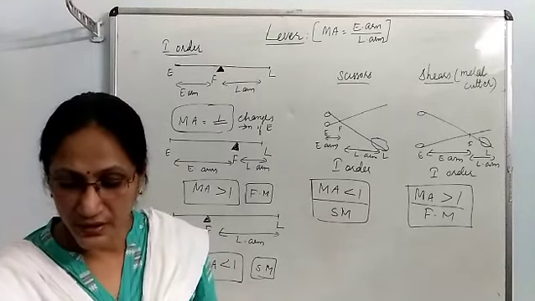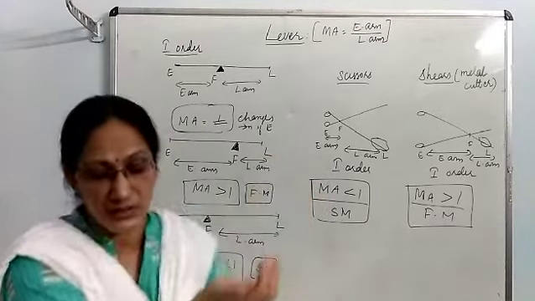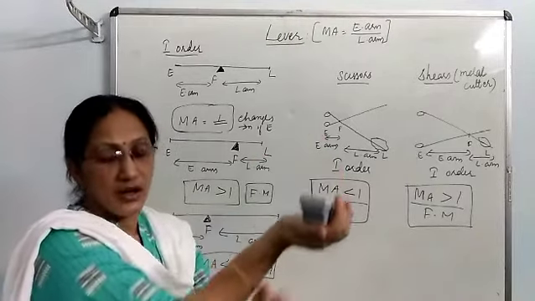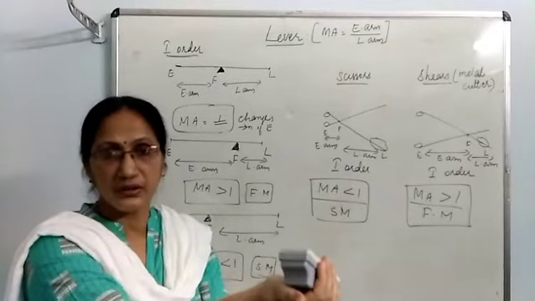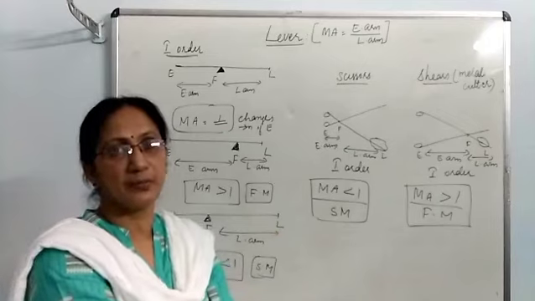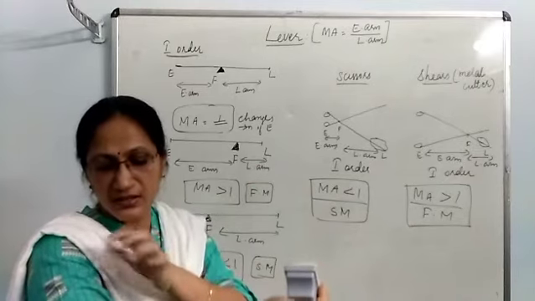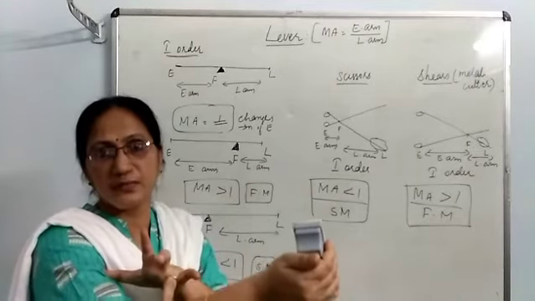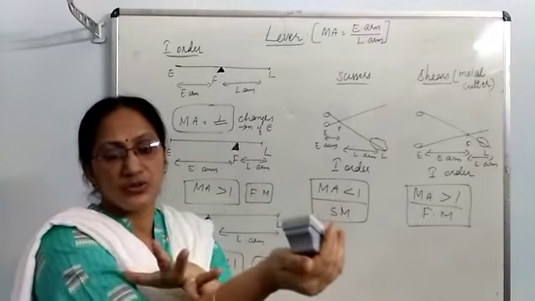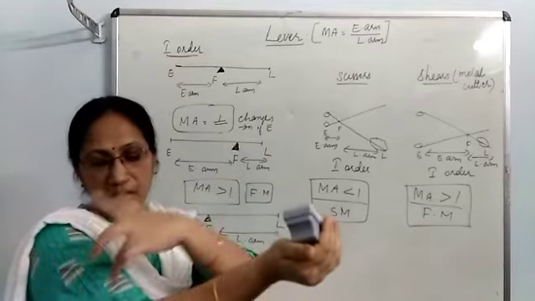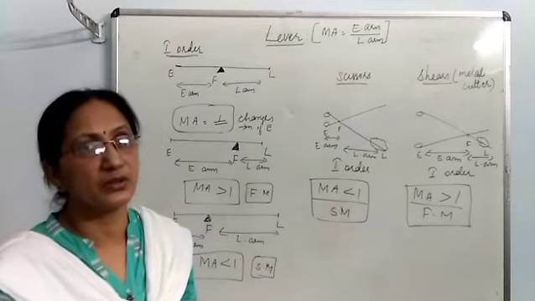Then a third order lever example: when you try to lift something in your hand, the object kept here is the load. This is the load, and this is the fulcrum point, the turning point, and the muscles here exert the effort, the combined working of these two muscles. So effort is in this direction, a combination of these muscles. So here is the fulcrum, here the effort, and here is the load. So effort comes between load and fulcrum. So the human forearm is an example of a third order lever.